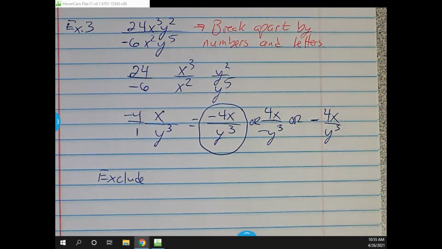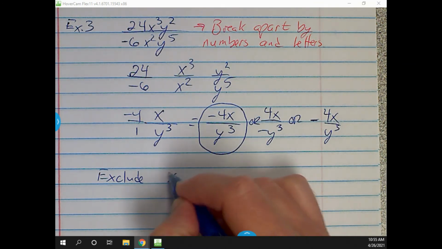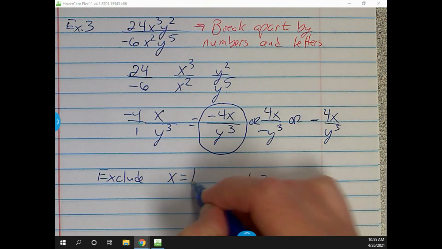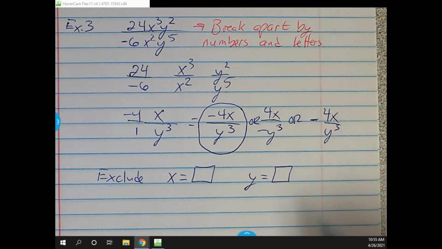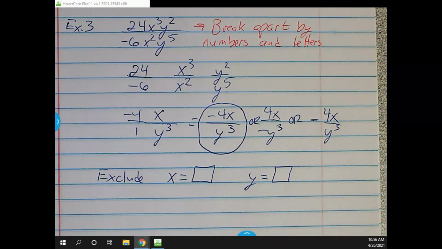All right, and if you do run across a problem like this one, the good news is that they usually will give you boxes here. They'll give you a box for the x, and then they give you a box for the y, because now you've got two variables. Before we just always had x's. This time, if you've got extra variables, they'll give you a box for every variable, because now basically they're saying,